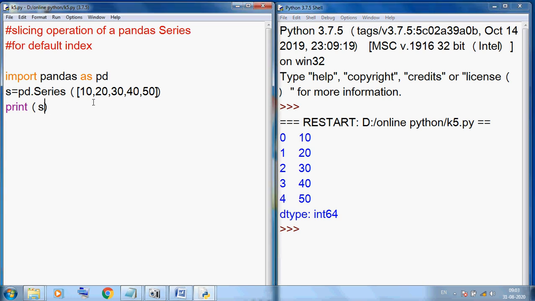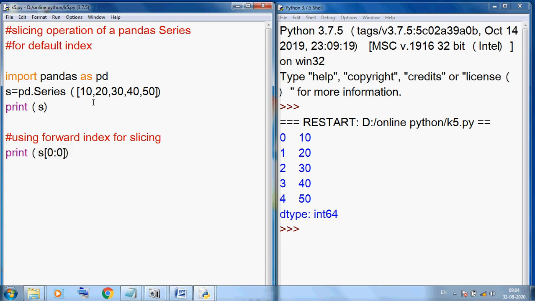But today our main purpose is to show multiple selected values one by one. We know very well there is a forward index concept and a backward index concept. So today I am discussing the forward index concept for a slicing operation. Using forward index for slicing, you can see here I am using print simply as s, and we can use square bracket. Here I am using index 0 colon 0, then bracket close.